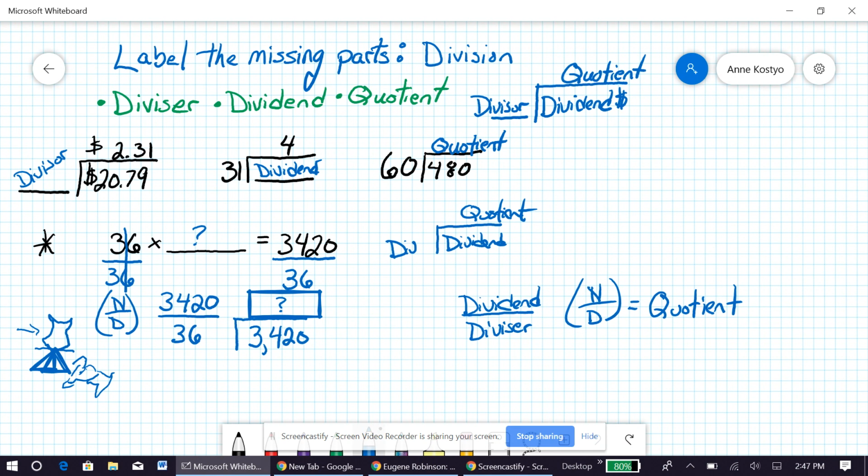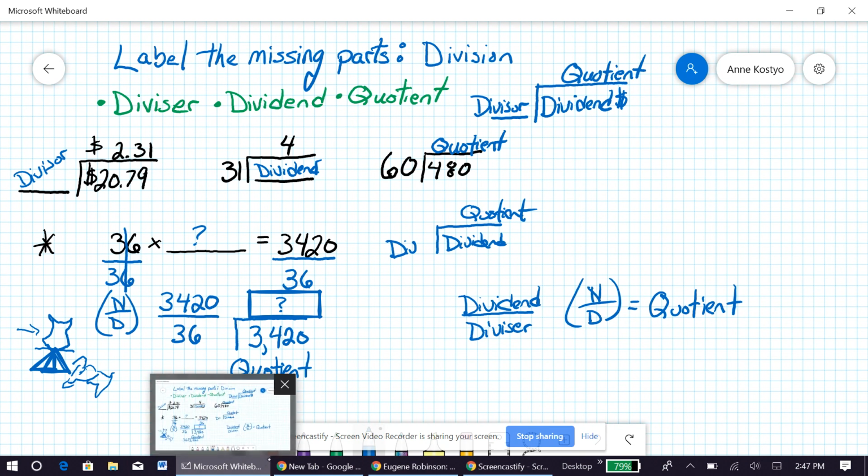And if I rewrite this, I can see that 36 divided into 3,420 is going to provide me with a quotient. So coming back to 36 times something is equal to 3,420,